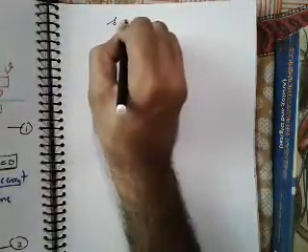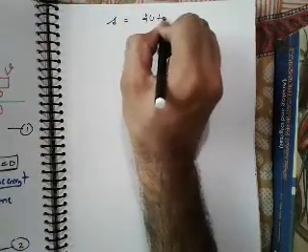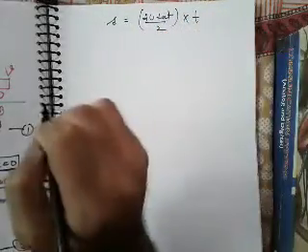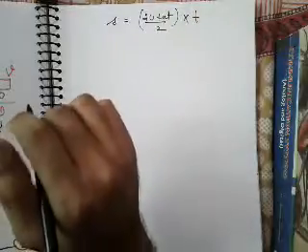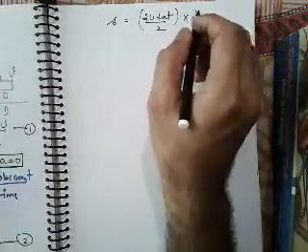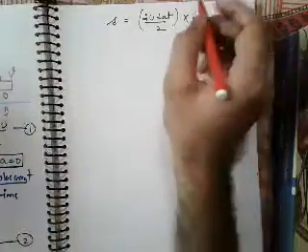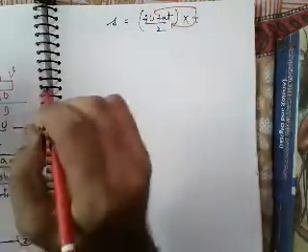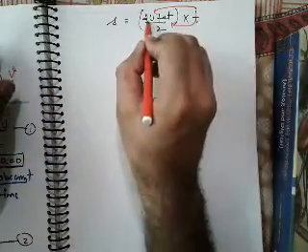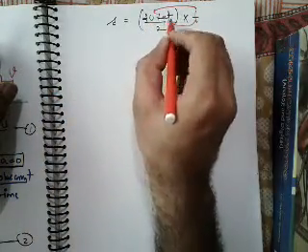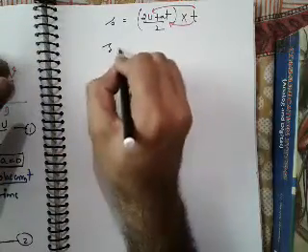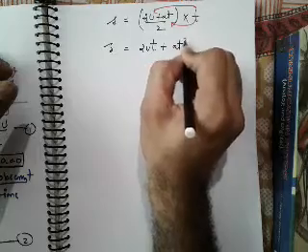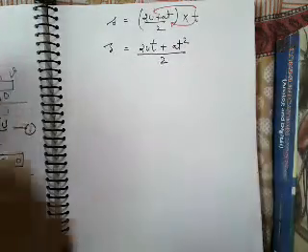So s equals (2u plus at) whole upon 2, into t. That's all we got. Okay, just try to multiply this t inside the bracket. There is a rule: t multiplies in both the terms. ठीक है, so multiply this t in 2u and multiply this t in at also. So you will get s is equal to (2ut plus at square) whole upon 2.